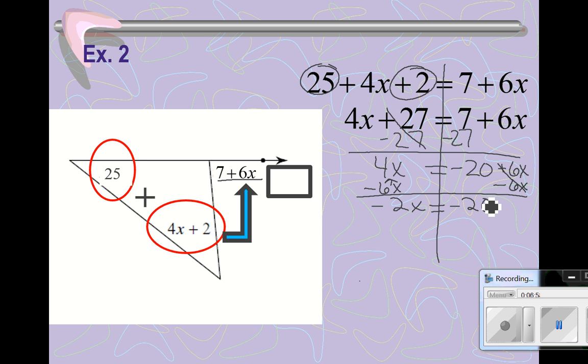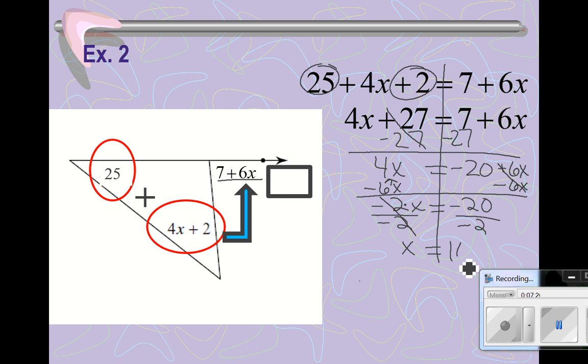Now that I have one term on each side, that's when I can multiply or divide. And because I have negative 2 times x, that means I'm going to divide both sides. Divide, divide. I have to get rid of everything that's with the x, which means I'm dividing both sides by negative 2. And cancel. So x equals